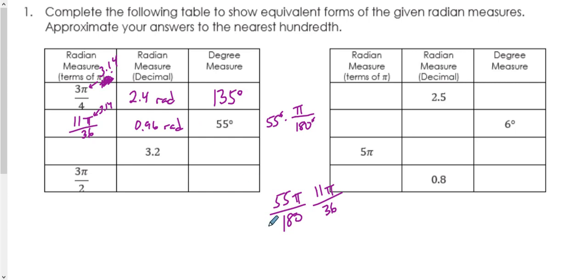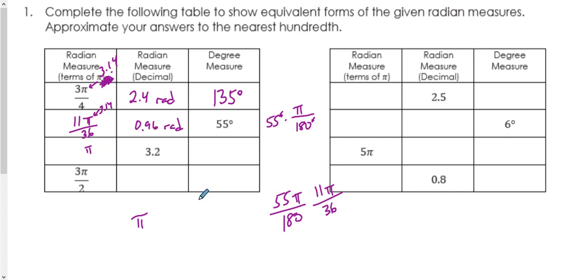All right. Now, the most difficult one for sure is when you're starting with radian measures as a decimal. That is the most difficult one. The problem is it's really kind of hard to remember, I think, for a lot of students. You know, how do I convert this here into degrees or radians? What do I do? Which one do I do? Just remember what symbols you want to be in your new answer, and that should help you out a little bit. For instance, if we want to convert this into radians, we want the pi symbol to be over here